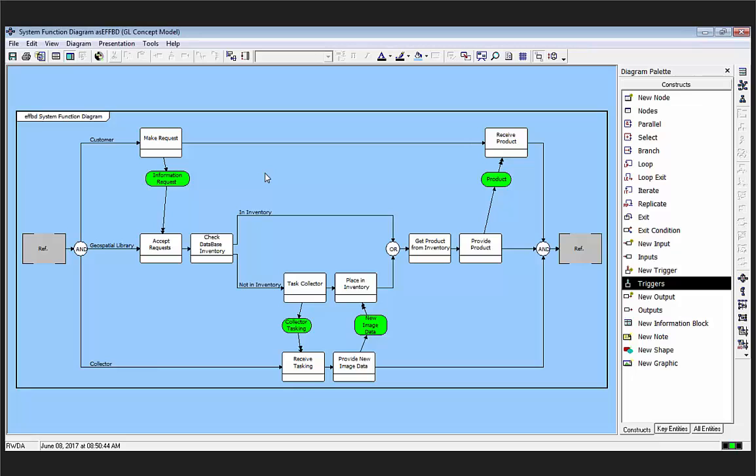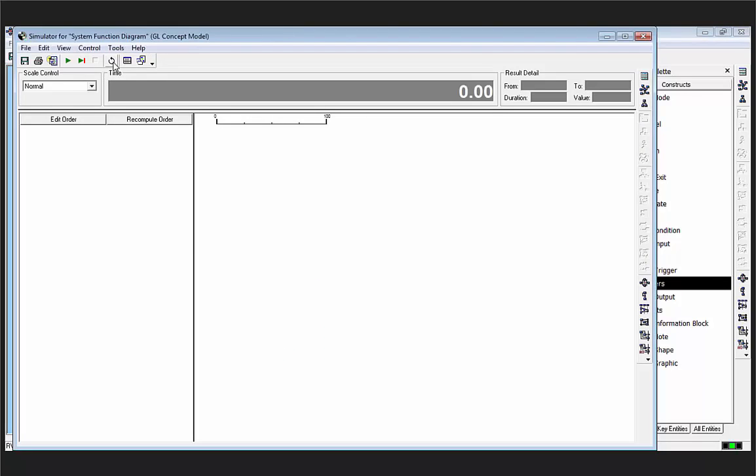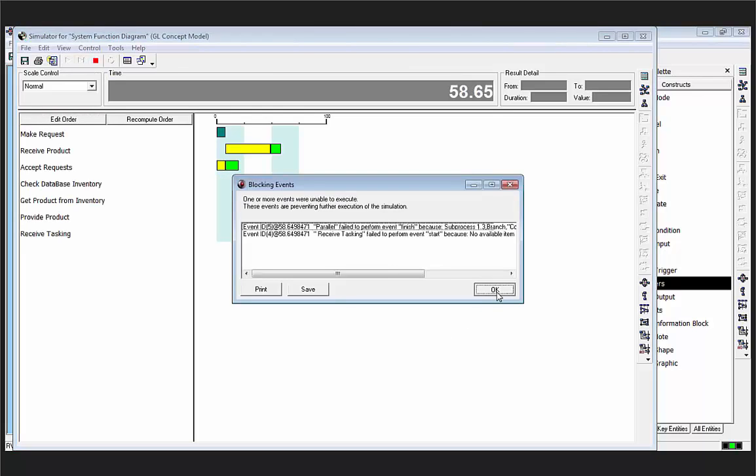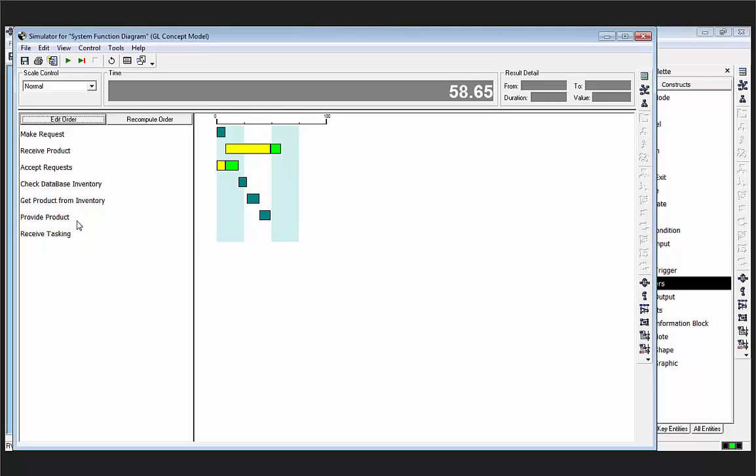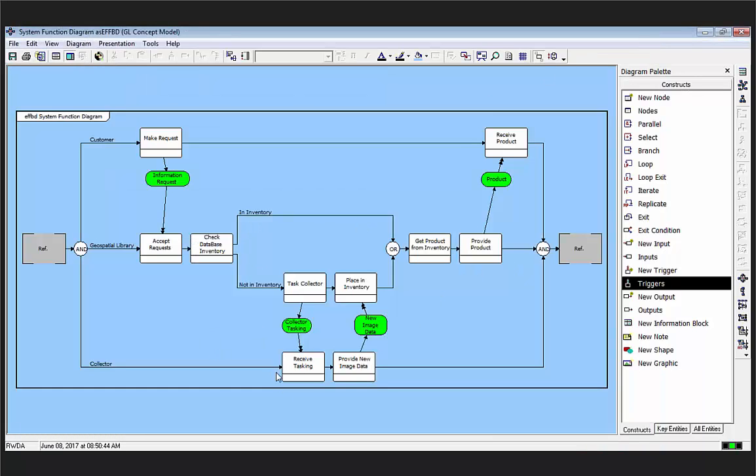We do have a feature in CORE, which we're going to talk about in some detail in later lessons, or in later webinars. But if I open the simulator here, you'll see that I can do an actual simulation. In this case, the provide product tasking, the bottom line didn't work because it took the inventory pass, so these two never responded. And there's ways to fix that in the simulator. There's a couple of different things you need to do to this diagram, but at least I have a diagram here that I can talk to the customer about